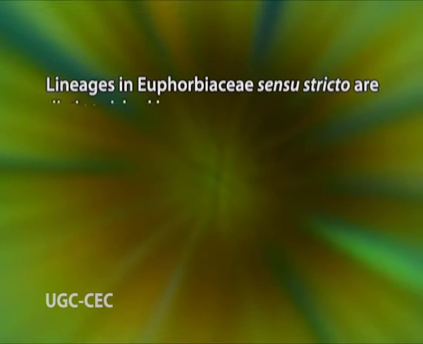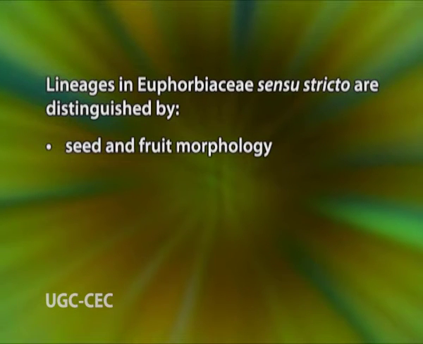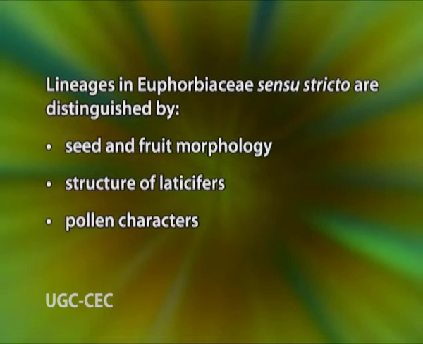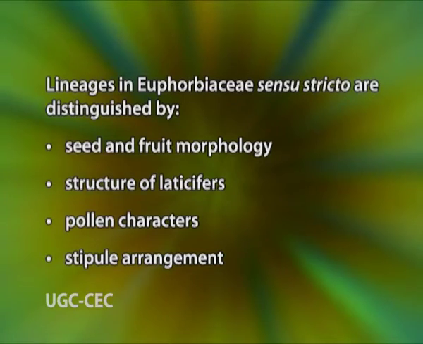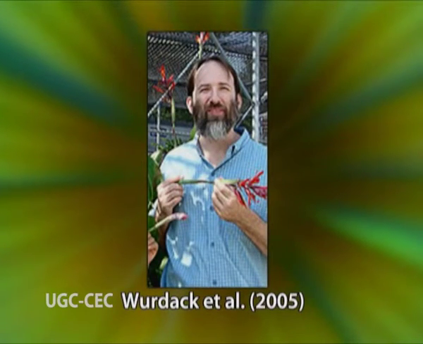Lineages in Euphorbiaceae sensu stricto are distinguished by seed and fruit morphology, presence or absence of latex, as well as structure of laticifers, pollen characters and stipule arrangement. Investigations of rbcL and trnL-F sequence data have largely confirmed the currently accepted classification, but some taxonomic adjustments are necessary, as per Wurdack et al. Hutchinson in